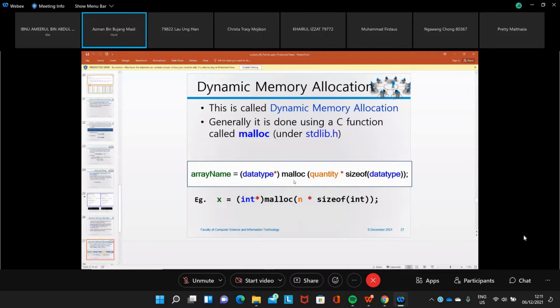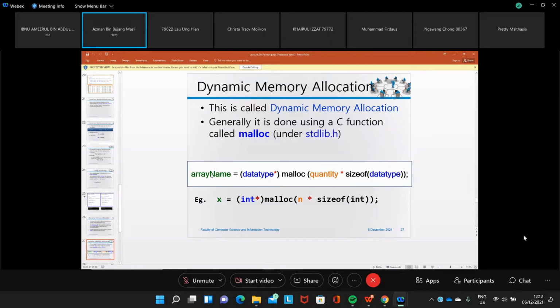The size of this memory allocation is created dynamically, so we can create it during runtime. When you run your program and call this, you can create an array of any size. You can define the size of your array when you run your program, meaning you can ask the user to input what size of array they want.